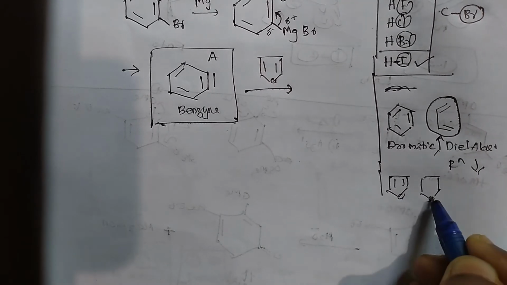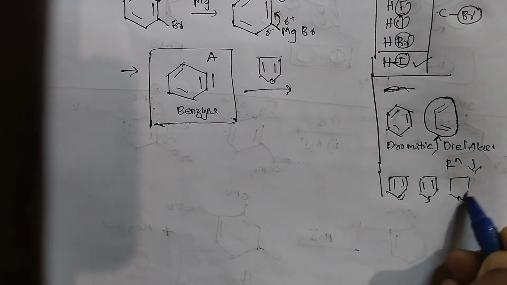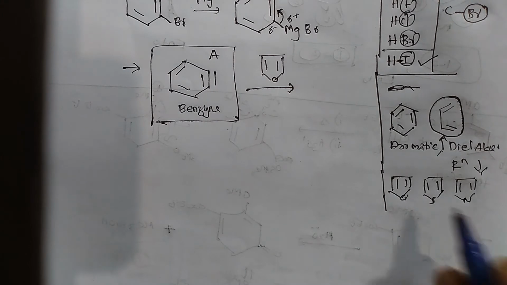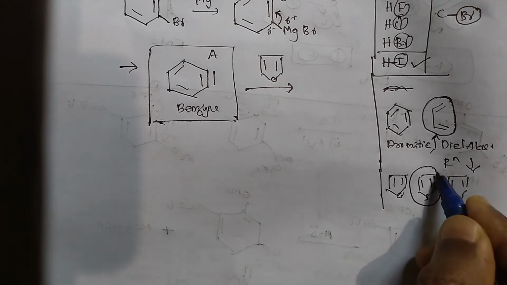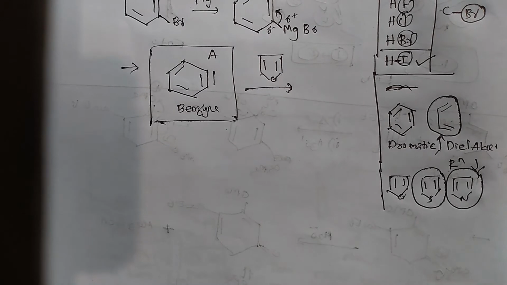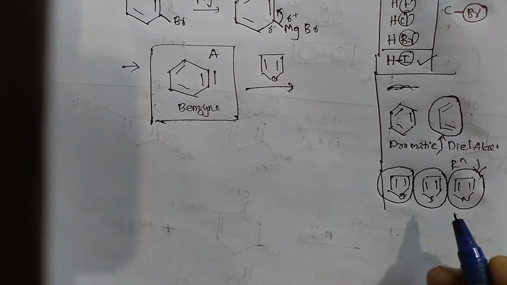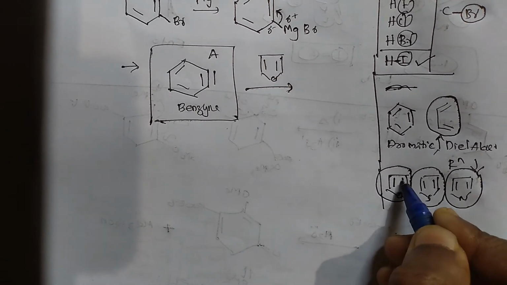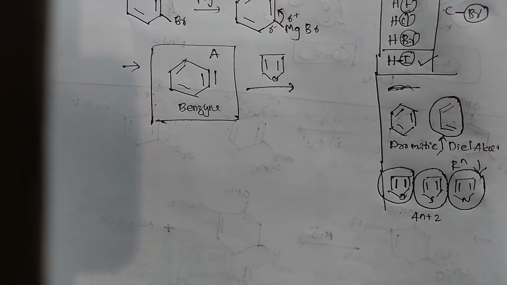also if the oxygen is exchanged by sulfur, and also if we have a nitrogen there, while we compare these three things, the most aromatic will be the sulfur containing heterocyclic compound, the next aromatic will be the nitrogen containing compound, and the least aromatic will be the furan ring. This is because we know that, considering the number of pi electrons in the system, a system is aromatic when it has 4n plus 2 pi electrons.